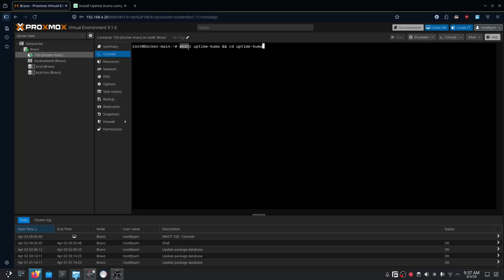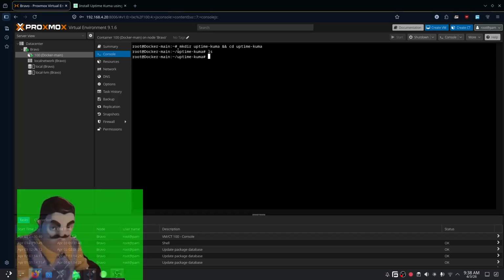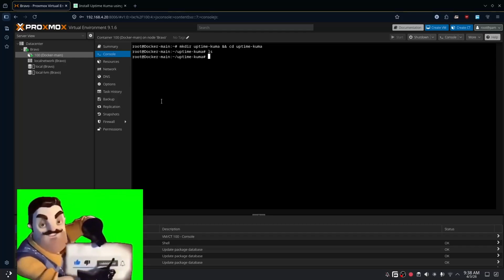Breaking this down, the make directory command, mkdir, just tells the computer to make a directory for our application, which will be called Uptime Kuma. And then these two ands will tell it to, as well as make this, also change our directory into the new directory we just made. And we can see it works because we've now changed from the home directory into home/Uptime Kuma, which is good. And it's also empty if we use the ls function. After that's finished, we can